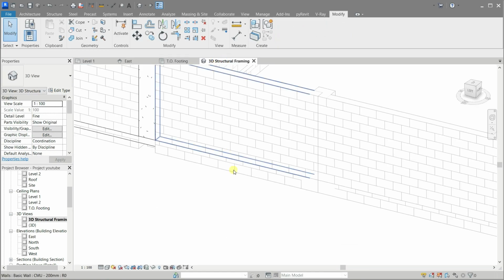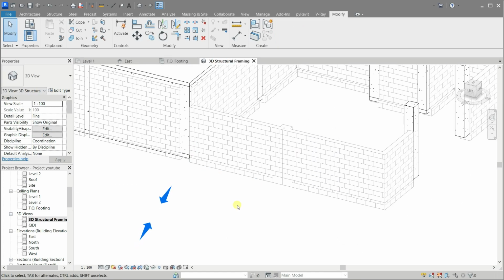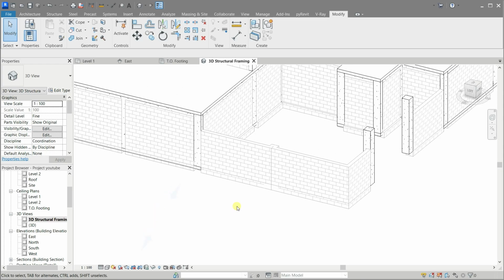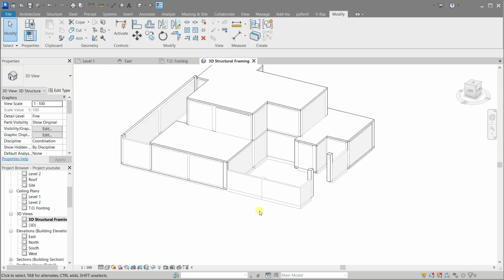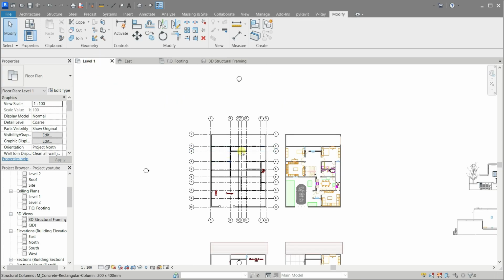Let's see it in 3D structural framing view. Back to level 1 and cross-select everything, then filter and choose only the structural columns.